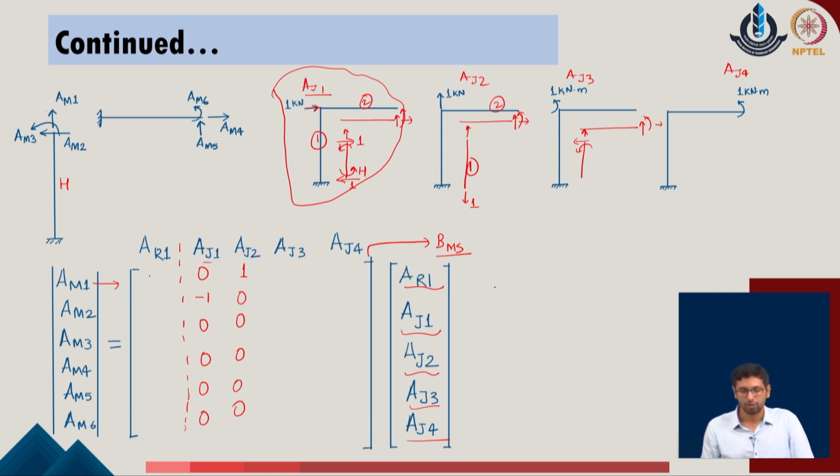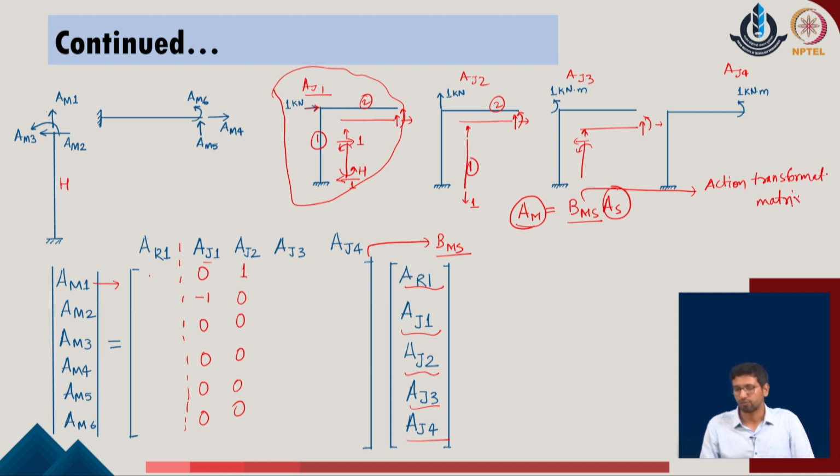we see that, in the similar manner as we have defined the action forces of the given system in terms of the structural action forces, we can write them simply as A of m is equal to B of ms into A of s, where A of m is the member action forces of the given system, A of s is the structural action forces of the given system, and B of ms is the action transformation matrix of the given system. So we define this as the action transformation matrix for the given system.